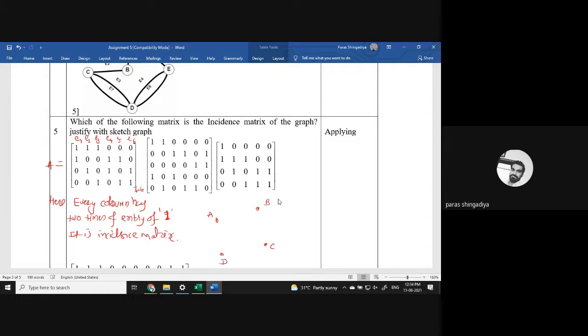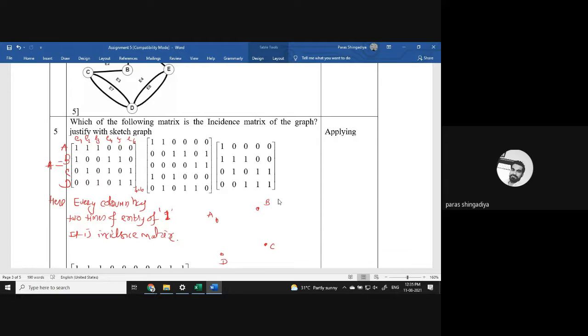Clear? And now we'll connect all the 4 vertices as per the columns. ठीक है? तो first column indicates the first edge. जो first column है वो क्या indicate करता है? The first edge. And which two vertices is the first edge mapped to? So check the entry of 1. At which places is the entry 1 in the first column? At the first row and the second row. So the first row means vertex A and the second row means vertex B. यहाँ पे vertices हैं A, B, C and D. So E1 will be mapped in between A and B.